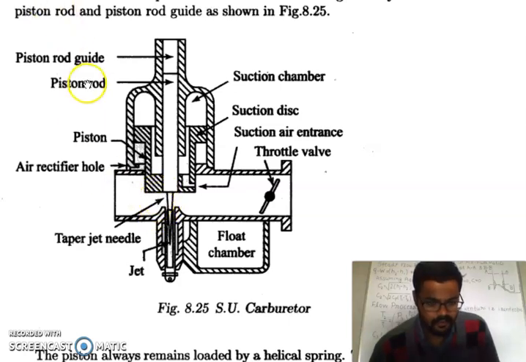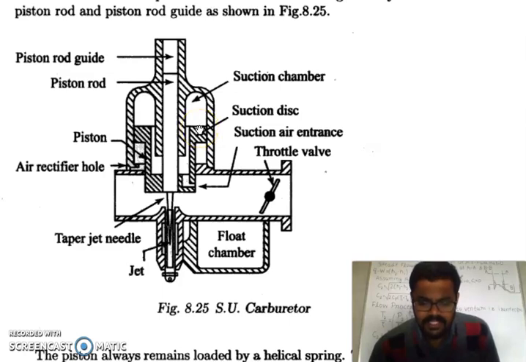The weight of the piston is constant. So this piston weight is constant and always acts downward. So the piston's tendency is always to move downward. The vacuum in the suction chamber always tends to move the piston upward. So whatever vacuum is created here will try to move the piston in the upward direction. Therefore, at a particular instant, the position of the piston is balanced by weight which acts downward and constant vacuum provided above the piston. In starting, a rich mixture is needed by the engine, which can be obtained by pulling the jet downward with the help of the lever attached to it.